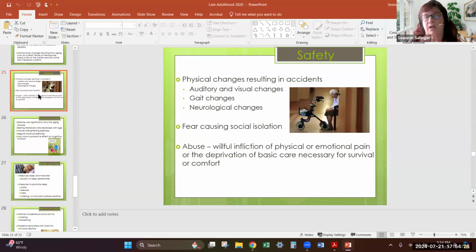Safety. Because of the neurosensory changes, the vision, the hearing, the bone density, being able to not move as well as you used to be able to. It's difficult to see the path that you're walking on sometimes, or you might have balance issues. You could have vertigo from having inner ear disorders. There could be fear from being alone or not wanting to ask for help. Sometimes there can also be, we talked about elder abuse in terms of physical, emotional